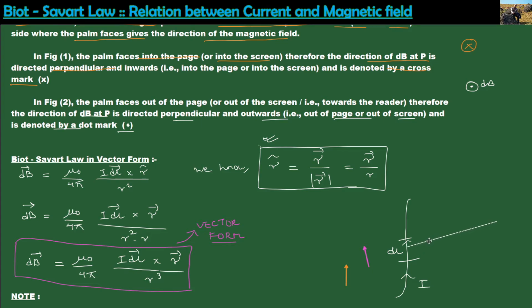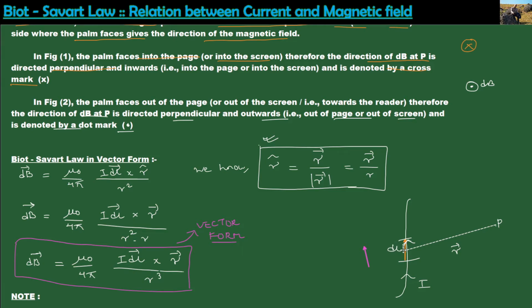Let us take any point P, and let that point P be at a distance r away, which means that in vector notation we use the radius vector r bar. This is our r bar. And from here, this is our current element, and the direction of the current element will be represented by this